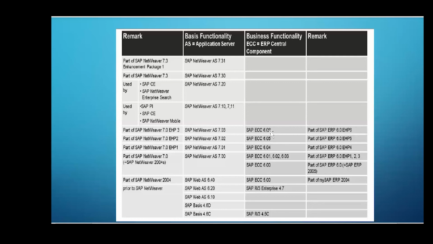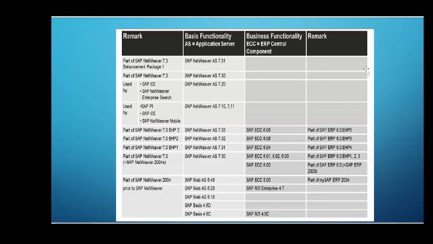So this is again for your interview. Why we are talking about R2 and R3 is the way in which my SAP is getting progressed is what I'm trying to show you. So here I had SAP Basis 4.6, and then I had some WebAS. Then comes my NetWeaver. So from here, the common one 7.0, then 7.1 series, 7.2, 7.3, 7.4, 7.5. It goes on. Similarly, I had my R3 4.6, R3 Enterprise, ECC 5.0, ECC 6, and then comes 6.0 with EHP 1, 2, 3, and with some EHPs.